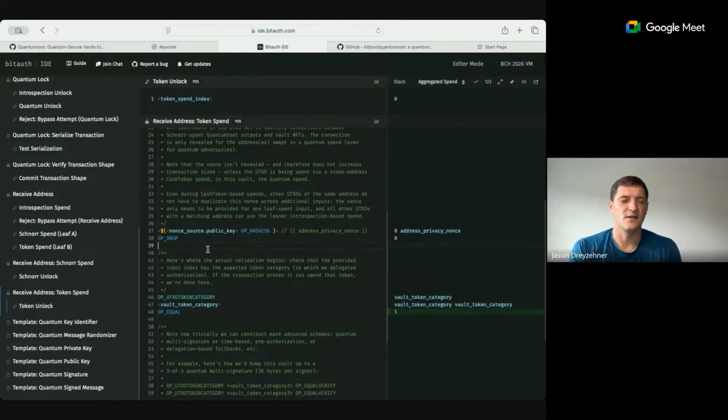So is that clear? Is there any question about just delegating to a cash token as saying that this cash token is just the super admin key for the whole vault? And if you reveal a leaf, in this case, you're revealing a leaf that reveals that admin key exists, and only at that moment can people associate the UTXO with the admin key that's been on chain, right? So you put it on chain, and you can even move it around so that you can upgrade your security, but only at the moment you actually end up using it can anybody ever tell that some past address was associated with it. And there's all the possibility in the world that most of your past addresses will never be associated with it, because you'll never have revealed the pre-image, which is the privacy nonce. So is that